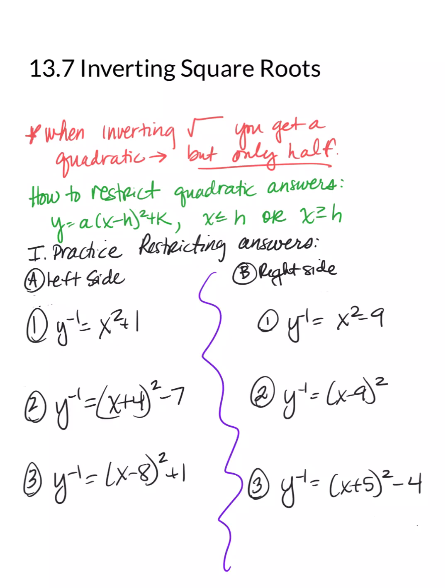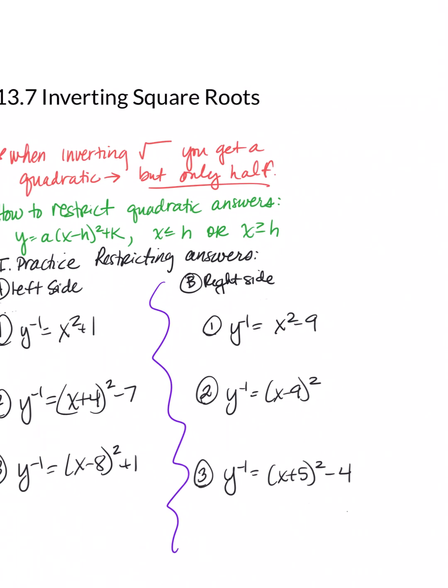All right, in 13.7, we're going to be inverting square roots. So just stop and think for a moment. In the previous lesson, we went from quadratics, and we found the inverse of a quadratic. We ended with a square root. Today, we're doing the opposite. We're going to start with the square root, and we're going to invert it, and it's going to become a